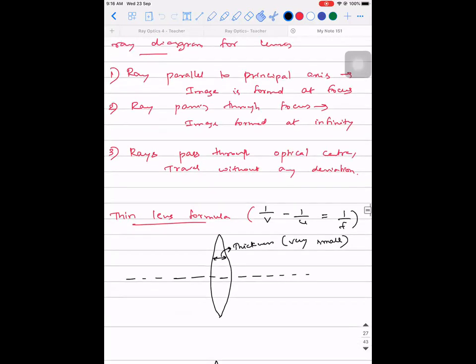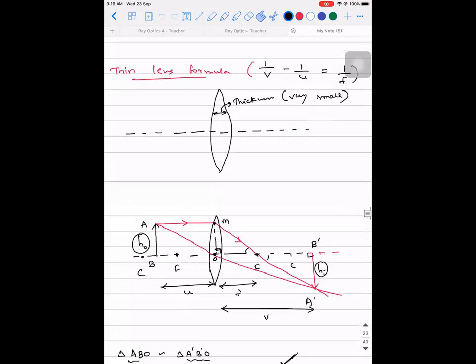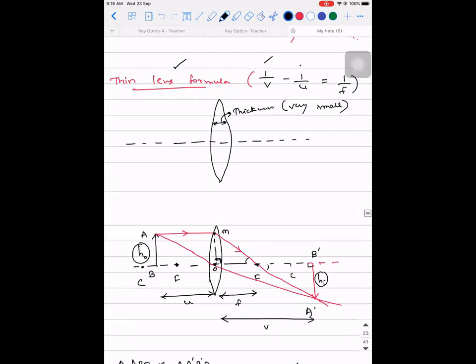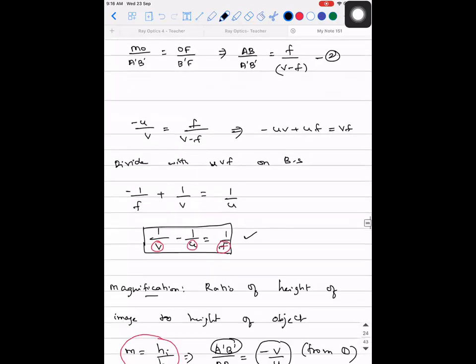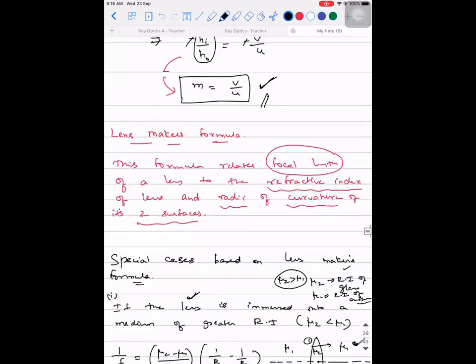So just to recollect the formula alone, we saw what is thin lens formula. The thin lens formula stated 1 by V minus 1 by U is equal to 1 by F. Similarly, we saw what is lens maker's formula. So what does lens maker's formula state? It is 1 by F is equal to mu2 divided by mu1 into 1 by R1 minus 1 by R2. And remember, in the derivation of this formula, we don't use sign convention because all the parameters that are used are unknown to us. They are only general terms. They are not case specific.